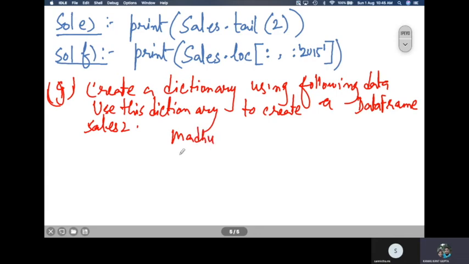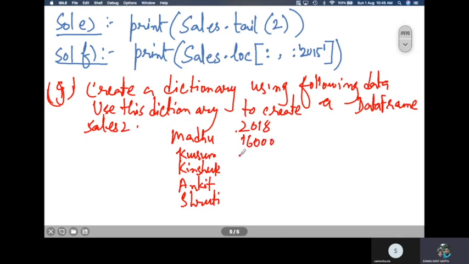We have been given Madhu, Kusum, Kinshuk, Ankit, Shruti, and we need to write here 2018, and we have to pass the values 1,60,000, 1,10,000, 1,50,000, 3,40,000, 5 lakhs, and then 9 lakhs.